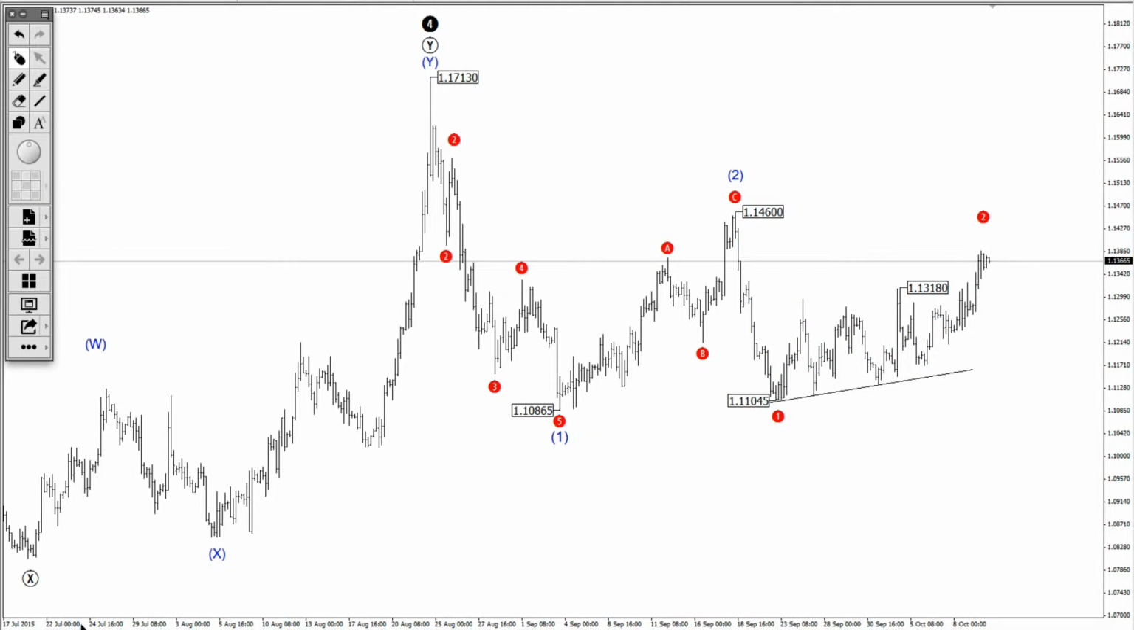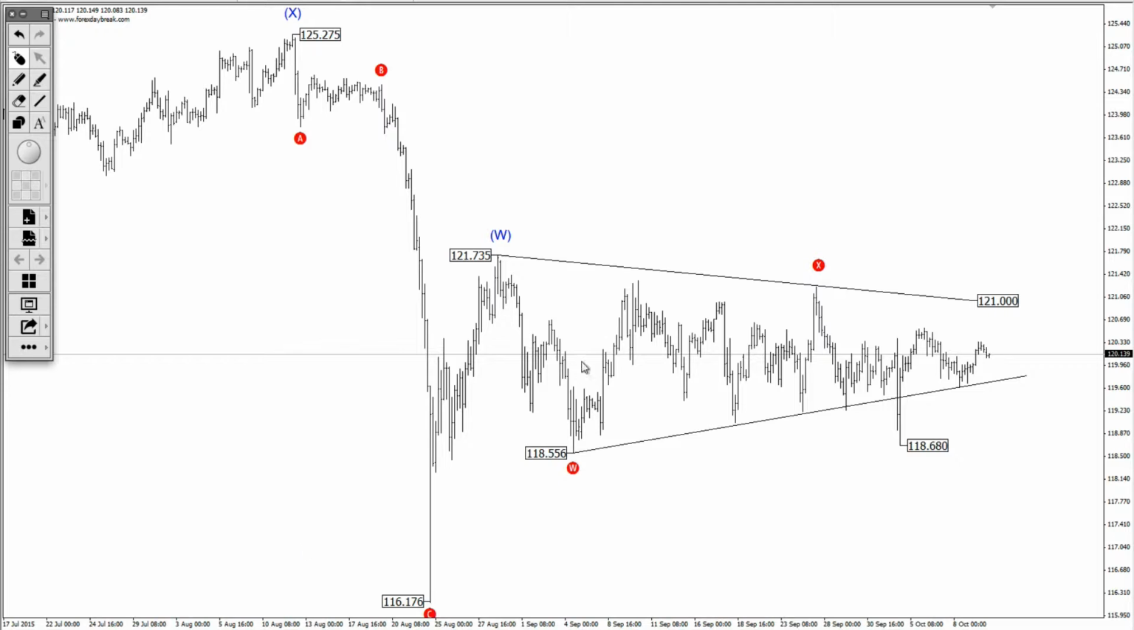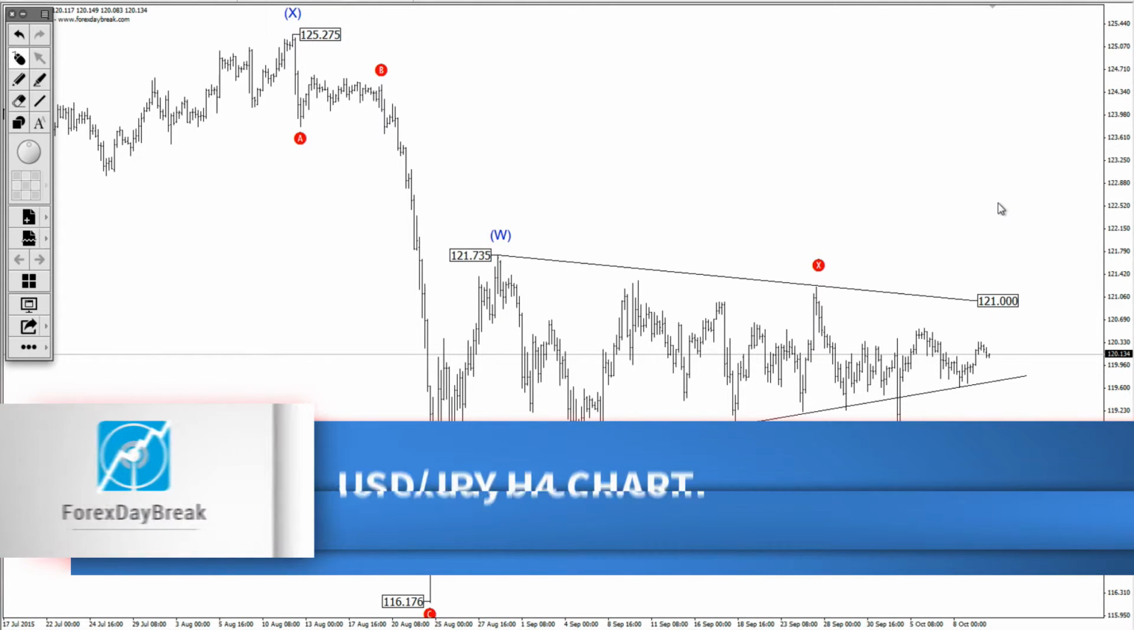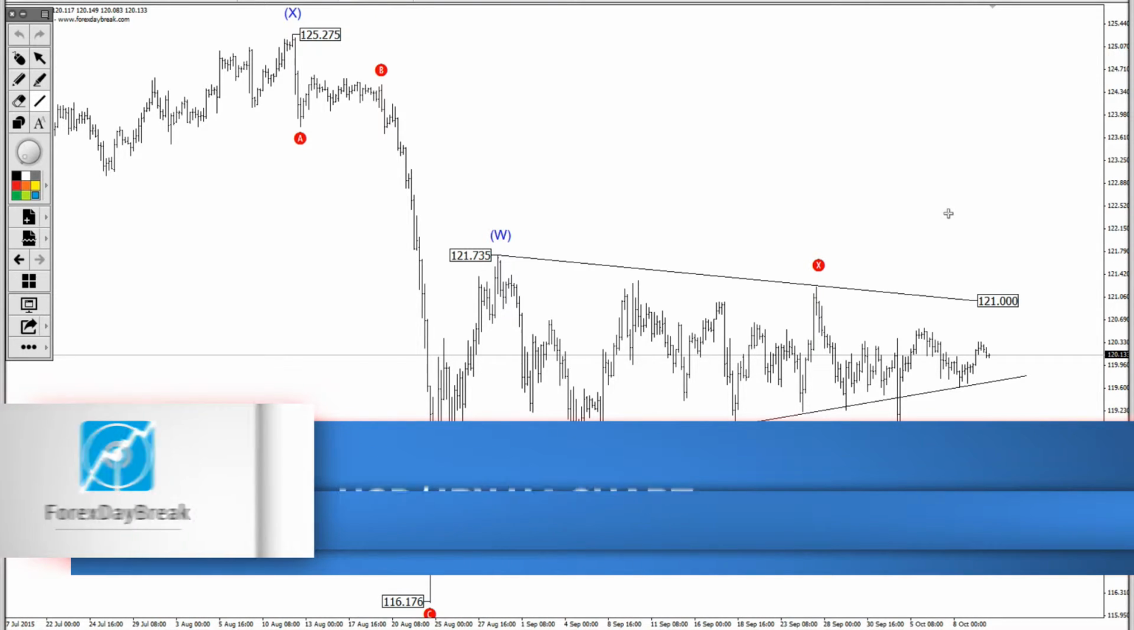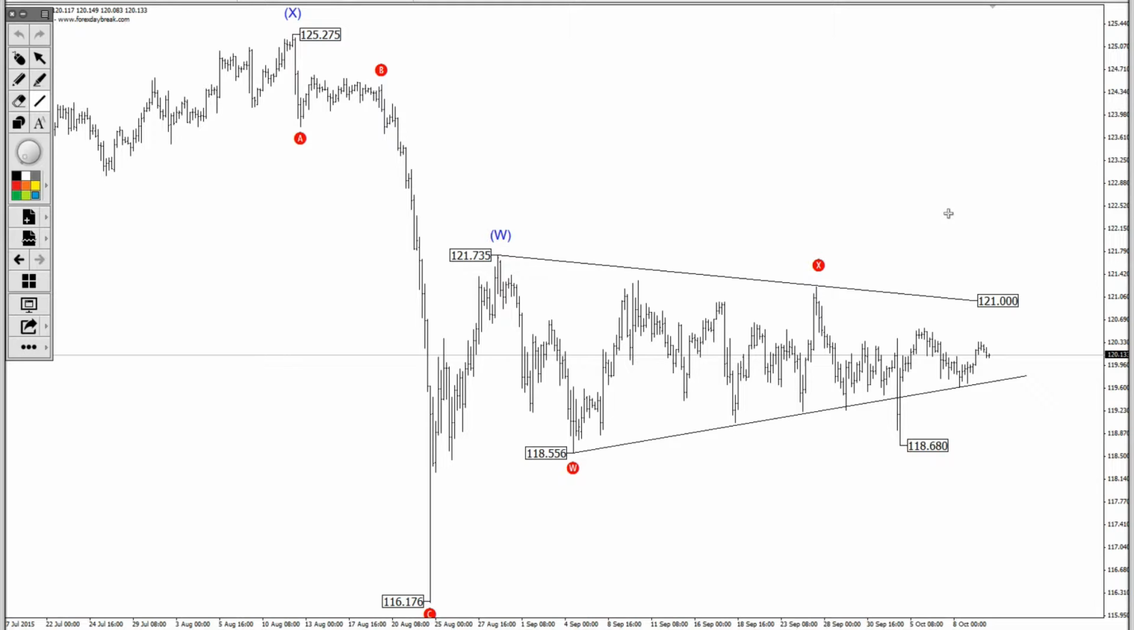Okay, next is dollar yen. No progress in dollar yen. We are still on the sideways correction. The price action is very mild and we are still in between 121 and 119.5. Price now 120.33. And my wave count is expecting